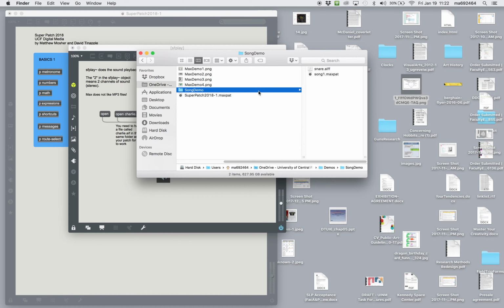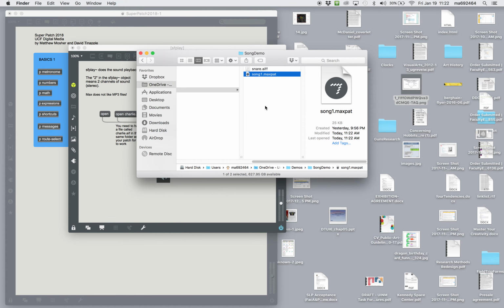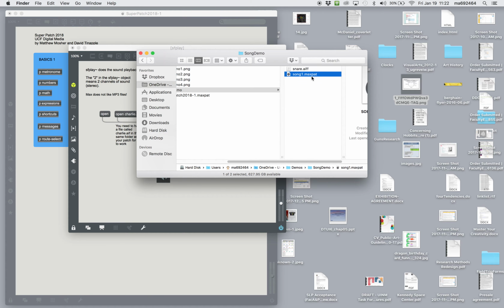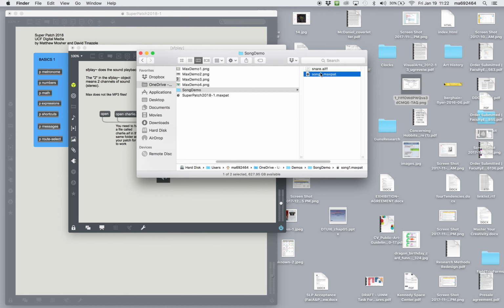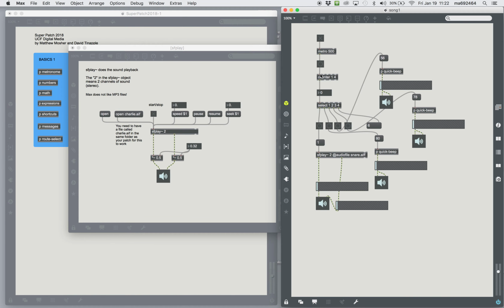So you can see here I've got my song demo, and my audio files and my patch are going to be in the same folder. That's important because for me to be able to play this, when you submit it, you need to create an archive, compress this whole folder because I need the audio files, right? Okay, so